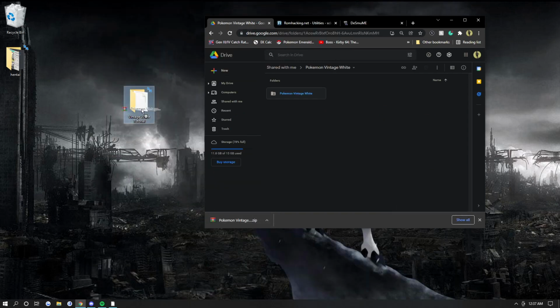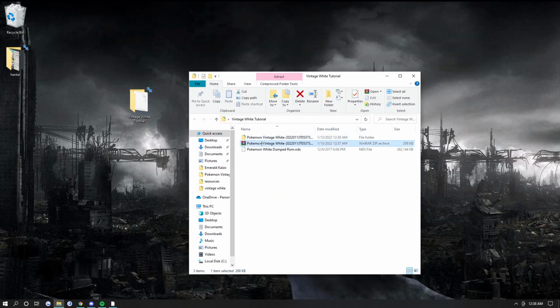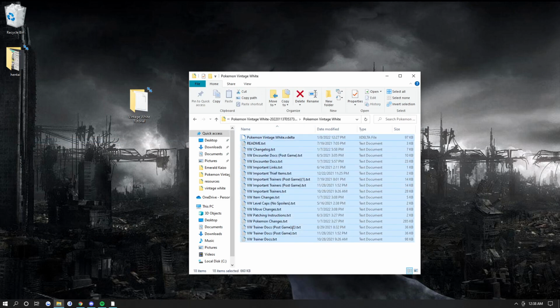Alright, now we got it downloaded. I'm going to put it into a new folder on my desktop. I suggest having this all organized. So there it is. So we're going to open up this, and then now we have all the docs